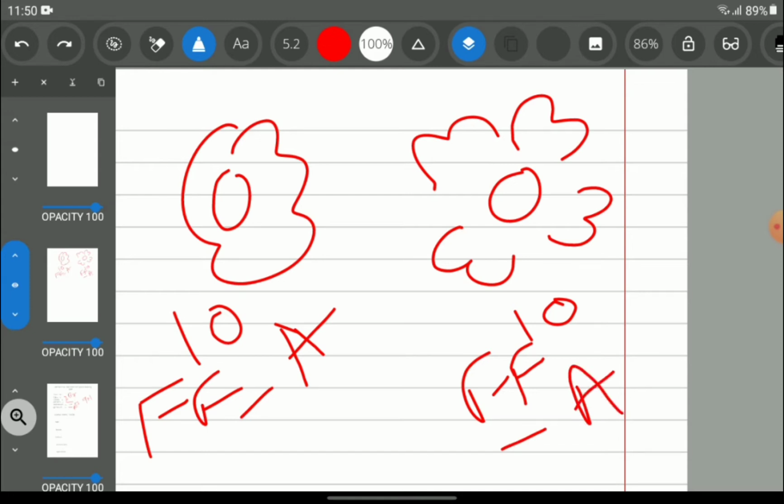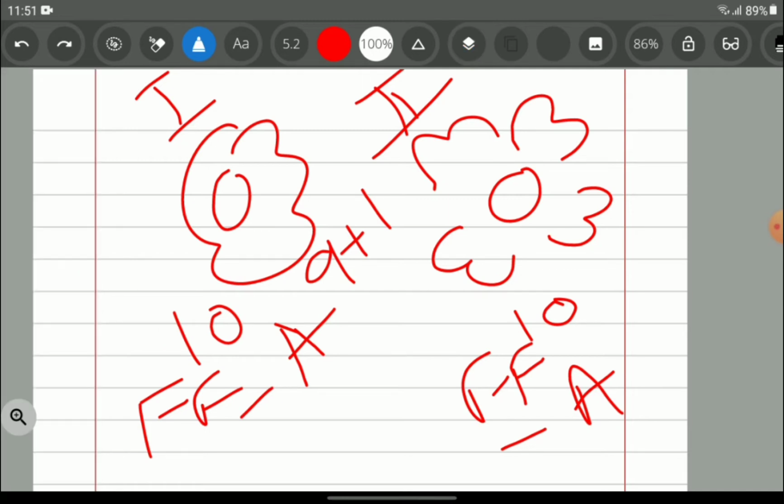Then in the first kind of flower, 9 stamens are united and one is separately present. So 9+1 is equal to 10, but over here all the 10 are free. So for the androecium, we will write 9 in the bracket and then we are going to write +1.